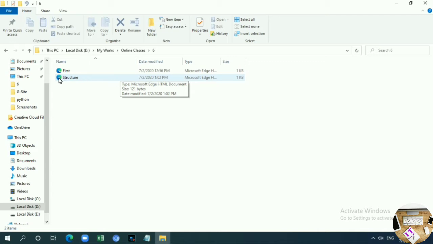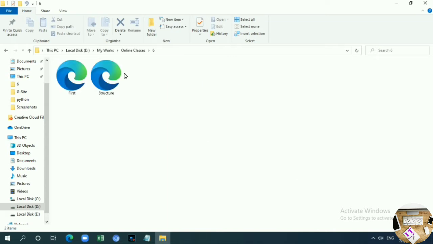Okay, look, this file is saved by default. My default web browser is which one? Internet Explorer. Okay, here Microsoft Edge.